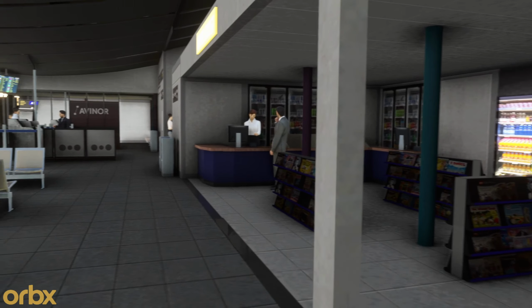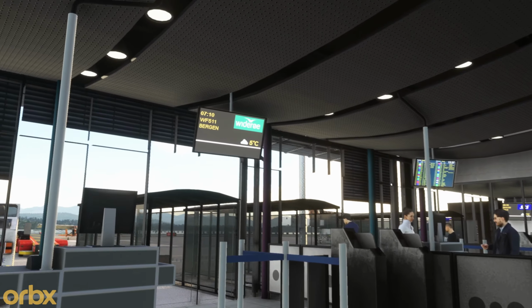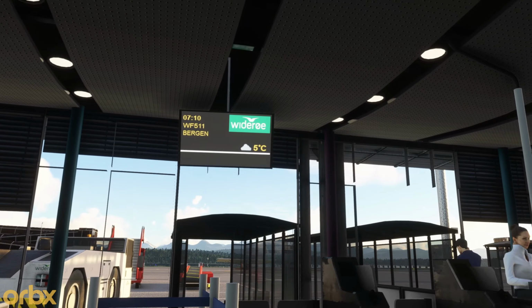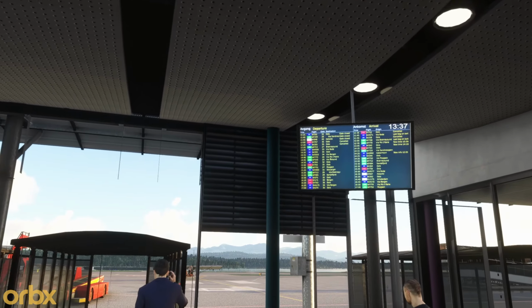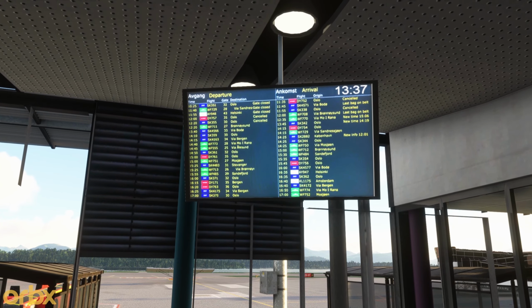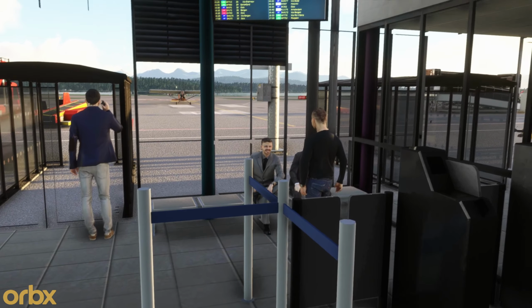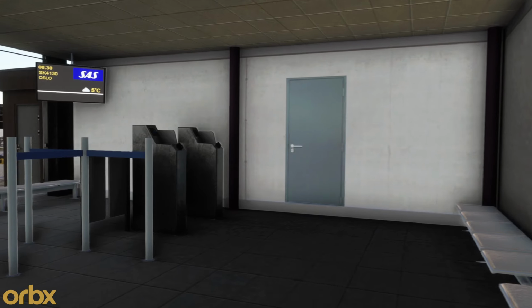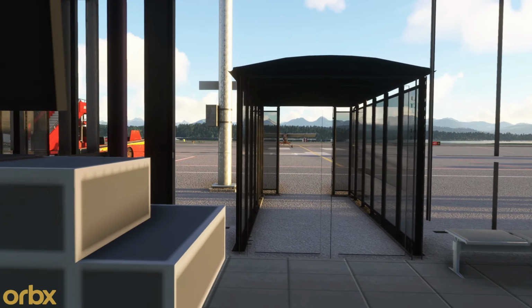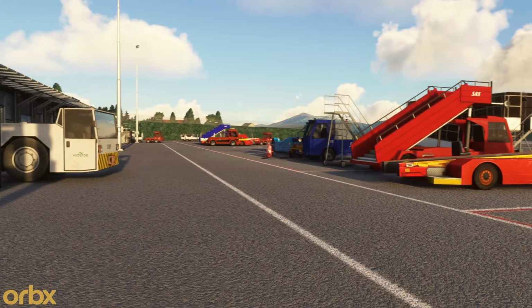Awesome. I mean, these screens you can't even see from the outside. These are only here if you come in and wander around like I am. But you can see how high resolution the textures are. You can read everything on there. That's quite ridiculous. I mean, some would say unnecessary, but you know, it's cool. Attention to detail. So back outside,